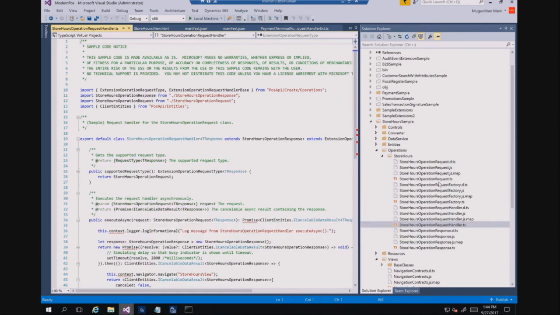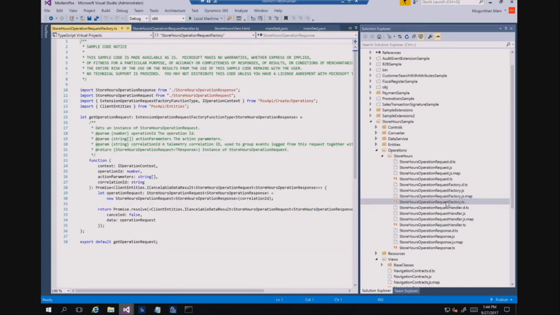And then there is a factory. So these are the three things you will do: whenever you create a new operation, you will have the request file, then the logic, which is the handler, which has a sequence of steps, and then a factory. The factory links the operation and the handler. When you click that operation button, how does the code know which logic it should call? The factory has that information, saying for this operation, this is the handler.